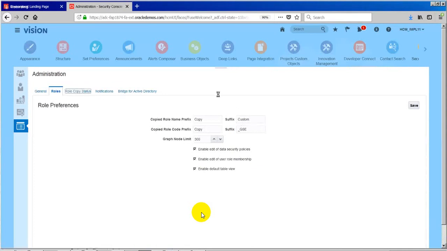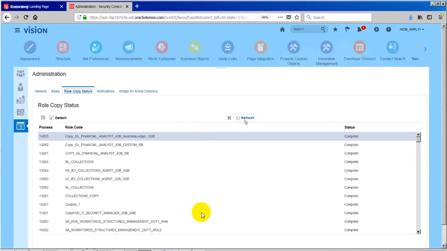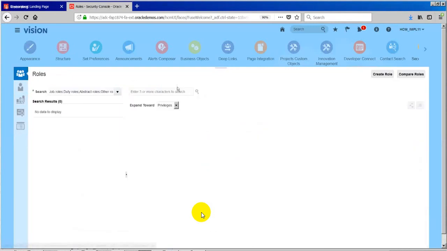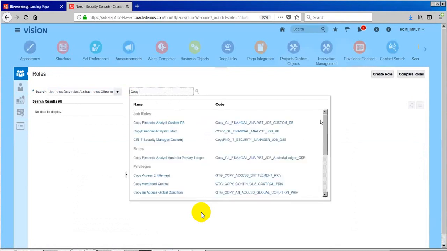Okay, so let's go to copy status. Yeah, Australia is complete. So let's go back to that role again. Copy Australia role.